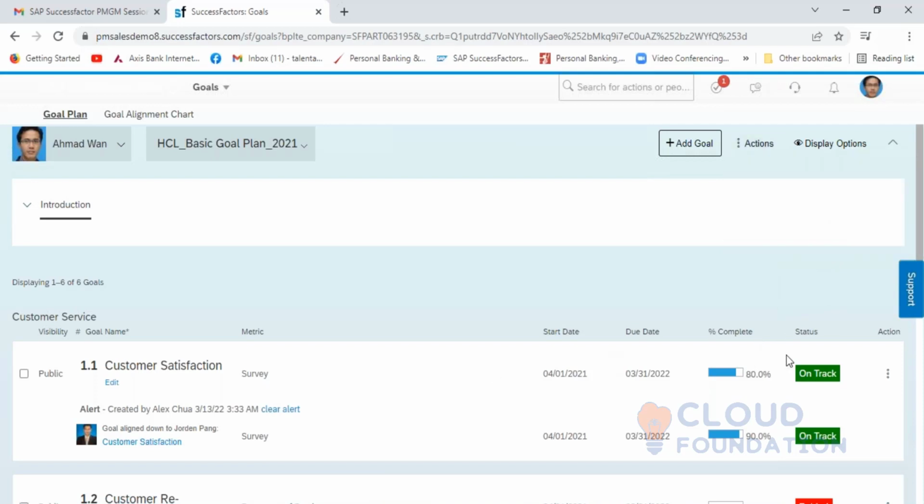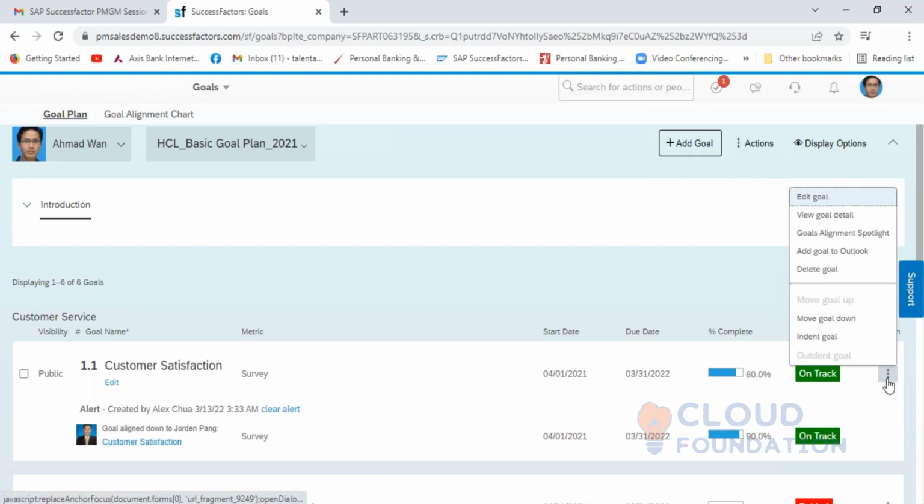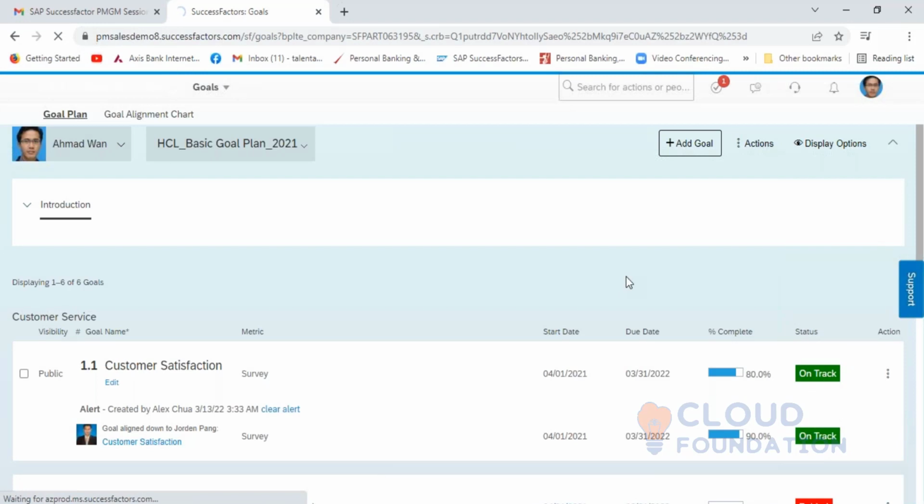Now when you go here at the corner, you have these dots. There also you have these dots. So here, one way is that you can edit from here. Another way is that you can edit from here. There are two ways. View goal details. When you click on the goal detail, the second option,